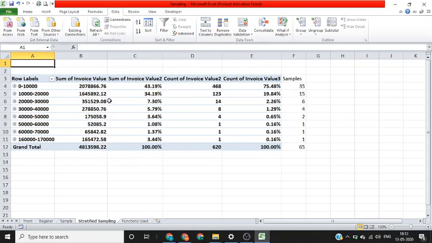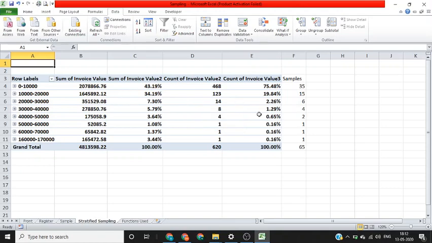Now if you see, between 0 to 10,000 there are in total 468 invoices having total value of 20 lakhs. In the next stratum or next group there are 123 invoices covering a value of 16 lakhs, and so on. So basically my first group covers 75% of my invoices and 43% of my value.